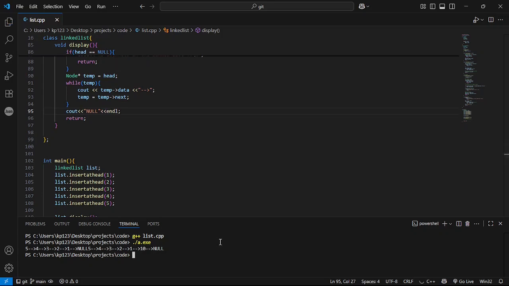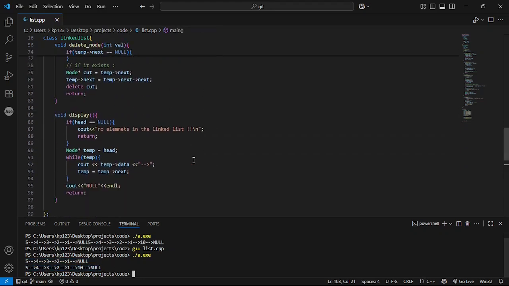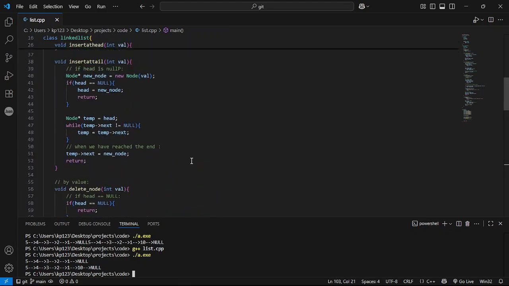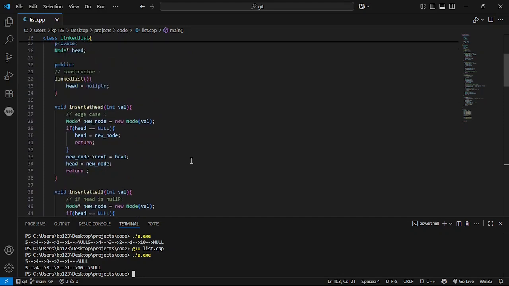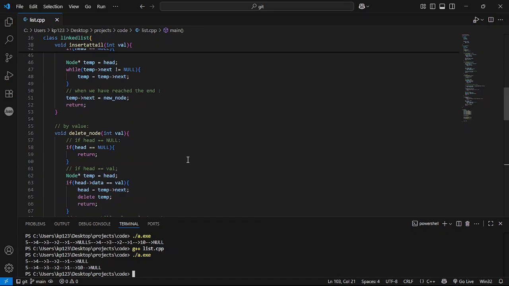Now we'll have a better output. As you can see, first of all my linked list was 54321, and then I entered an element at the very last, or at the tail. So our function, which takes input and adds it at the end of the linked list, is working fine. Inserted head is working, inserted tail is working.